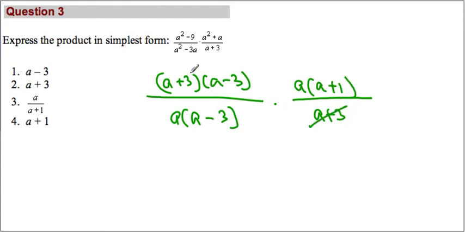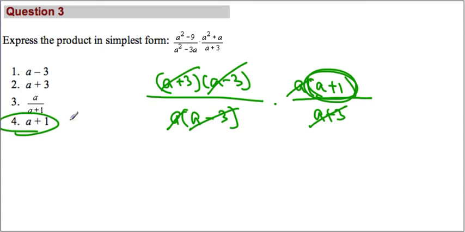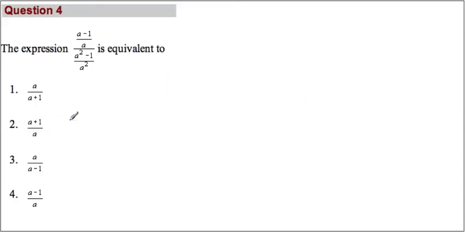And a plus 3 cancels out, a minus 3 cancels out, and a also cancels out. We are left with a plus 1. So choice 4 becomes our answer again. Number 4. So here we have a minus 1 over a, divide the entire thing by a squared minus a minus 1